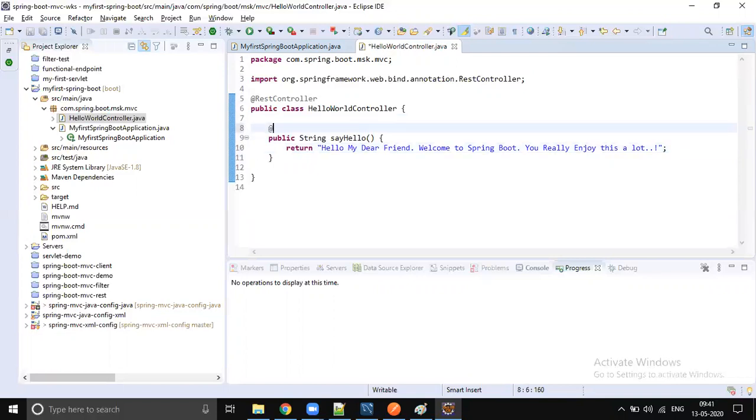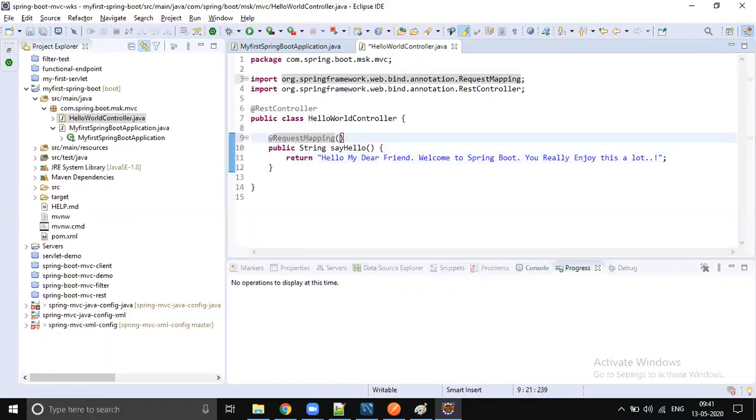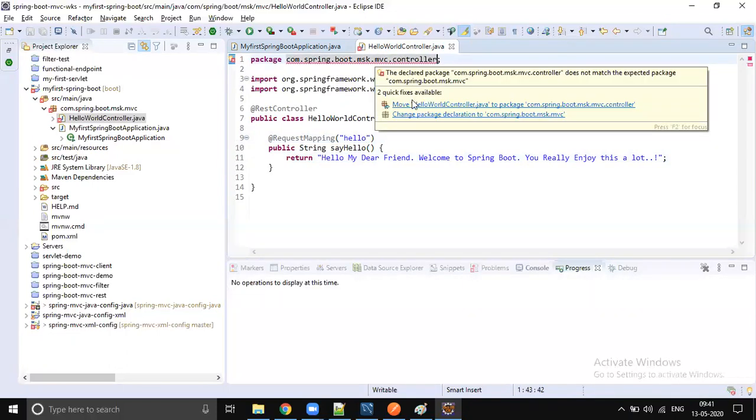And just start doing the mapping. Okay, what request am I going to send? I mean, what is the URL pattern for this method? So we send /hello, and obviously we get that message. And move this class into a different package, controller. Don't put that in the base package, okay? That is good practice.